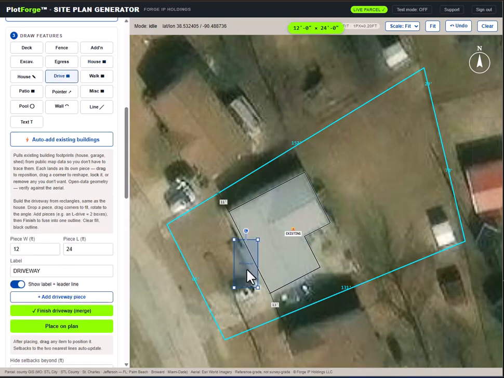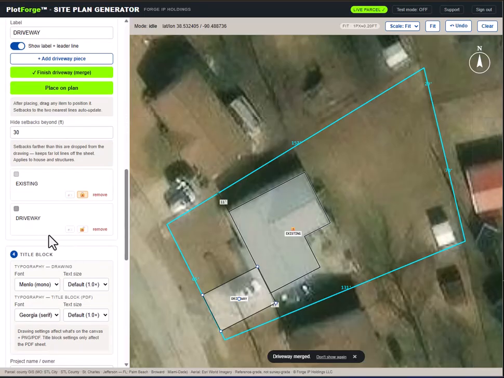Now we're going to drag and drop the driveway feature. There is now a new auto magnetic feature for all the structures that we add. Notice how easy it was to line up there, and if it's just a little off, you can still go down and